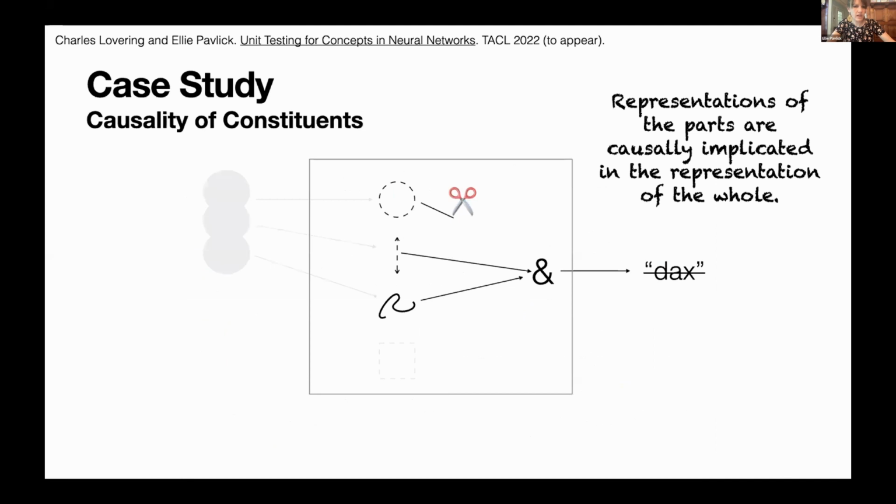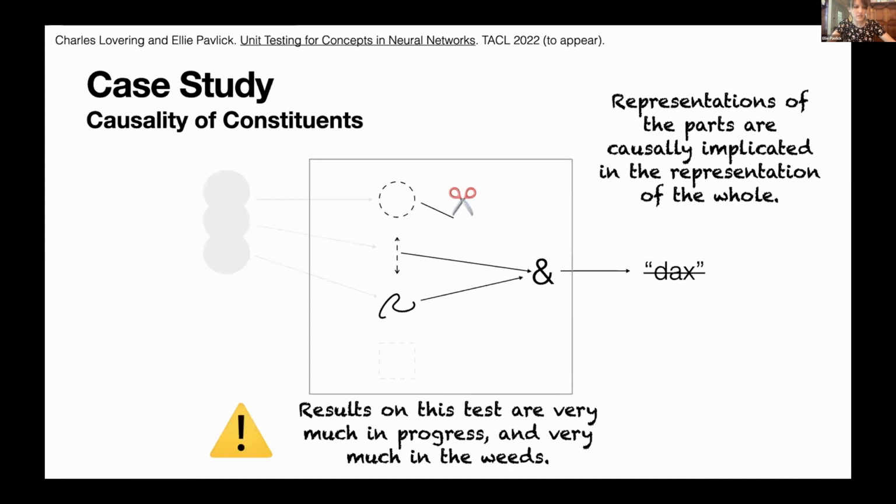And then finally, there's a lot to say about the causality test. What we want to see in the causality test is basically that the representations of the parts are causally implicated in the representation of the whole. I think we talked a bit about constituents yesterday, and this is a really interesting topic to talk about. So here we're using the co-tokening definition, saying there should be a causal connection,